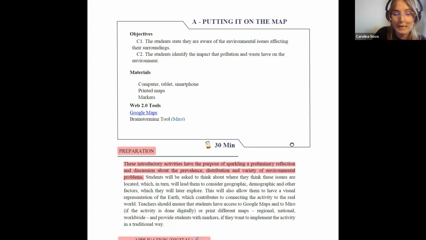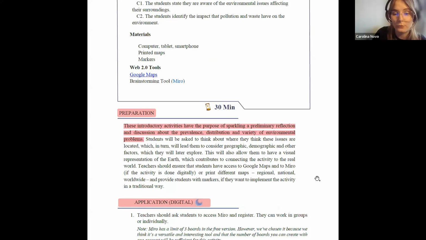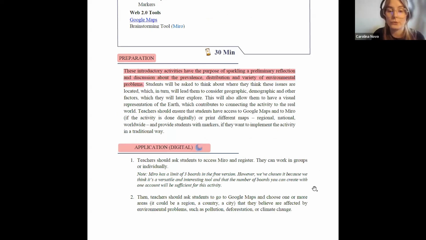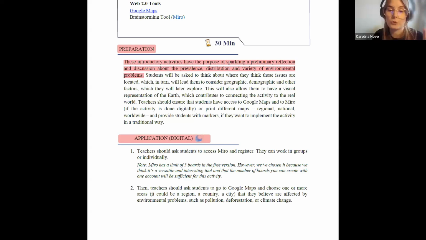So what we ask them to do, we ask them to have some place where they can register their ideas. Here in the digital part it is Miro, so they can work in collaboration there, but internationally it can just be a piece of paper to write and leave ideas.